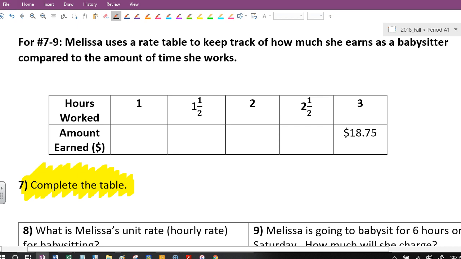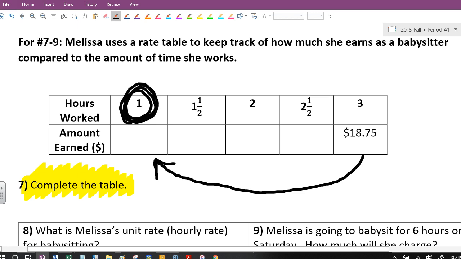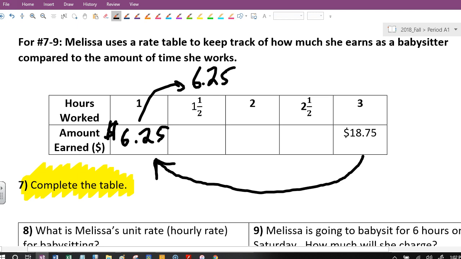Okay, so I did 18.75 divided by 3. Right. So does anyone see why she's dividing by 3? To get, and what's that called? What is this called when it's on one there? The unit rate. $6.25. And then I multiplied 6.25 times 1.5, which equals 9.37. All right, so you used a calculator. She did 6.25, and since that's the unit rate, she's only doing an hour and a half, so times